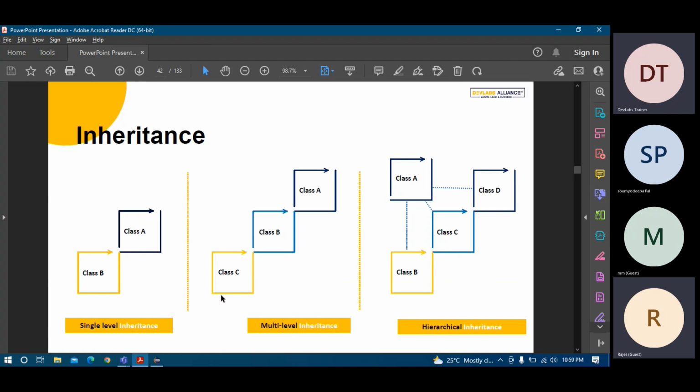So in the interview also they will ask, can we have multiple inheritance in Java for classes? So you will say,